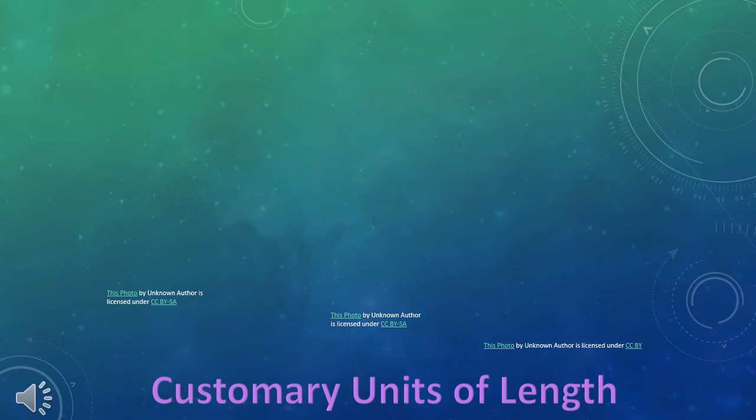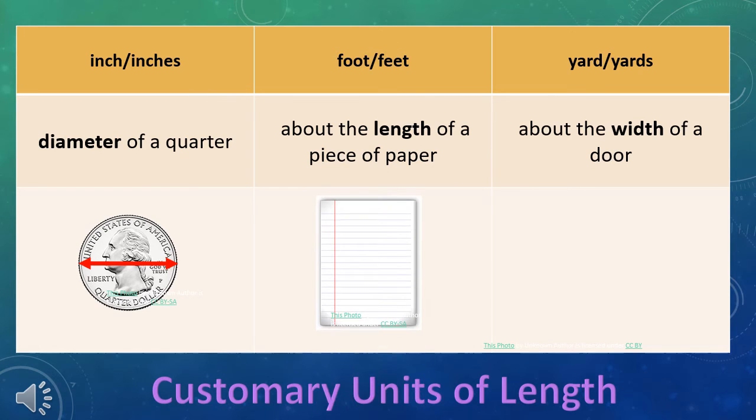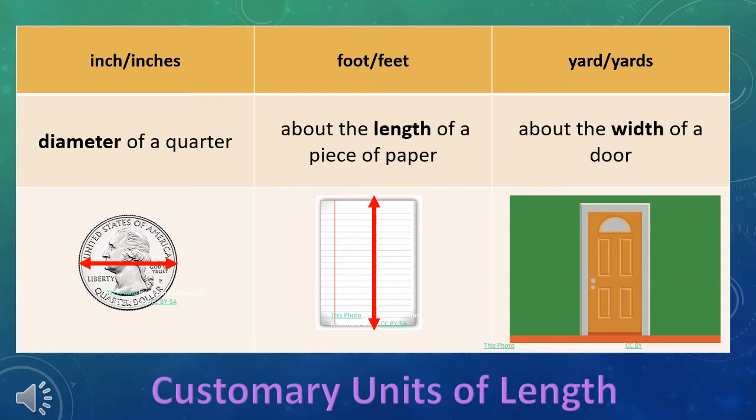Okay, so let's just quickly review the mental benchmarks that we've been using for the 3 customary units of length that we've been learning about. So remember that we've been using the diameter of a quarter to represent how much space an inch takes up. We are using the length of a piece of paper to understand how much space a foot takes up. And we are using the width of a door to understand how much space a yard